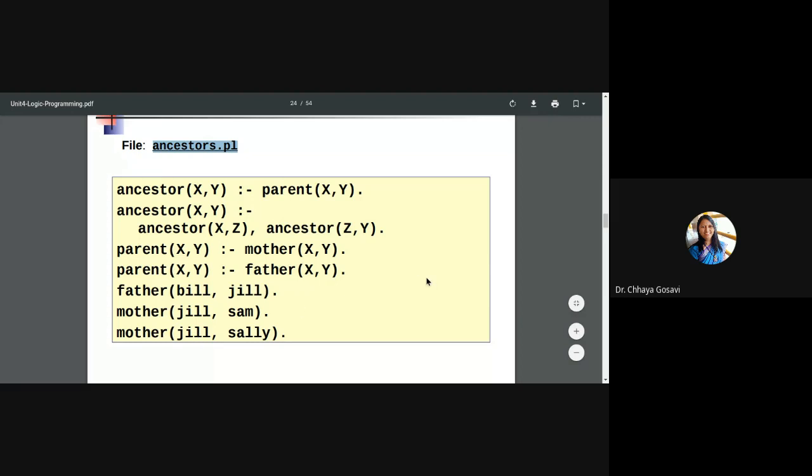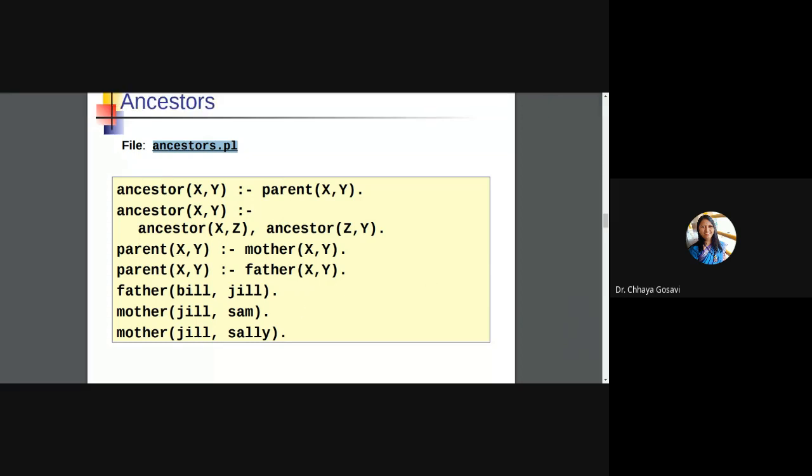So which are the facts here and which are the rules? And there is nothing like you should write facts first and rules afterwards. You can write rules followed by facts or facts followed by rules. Which are the facts? Last three, these are the facts.